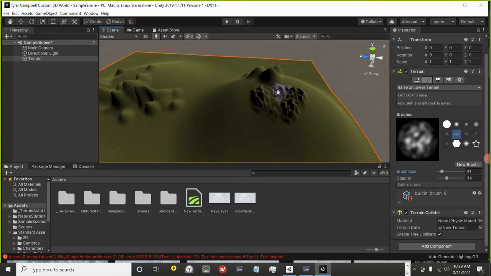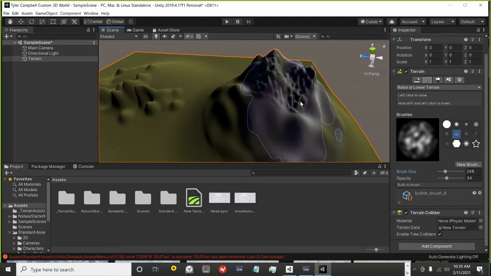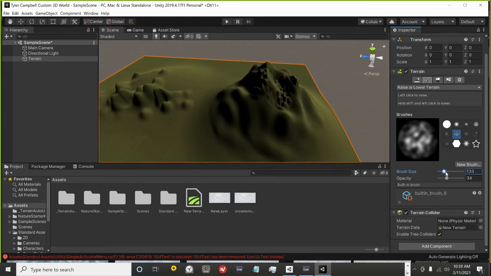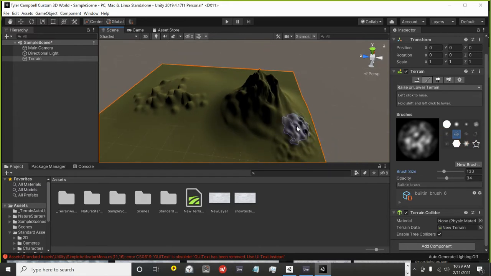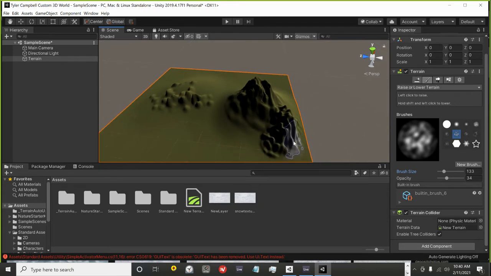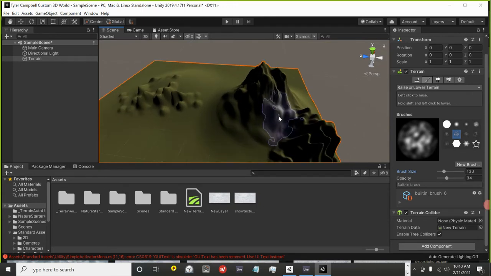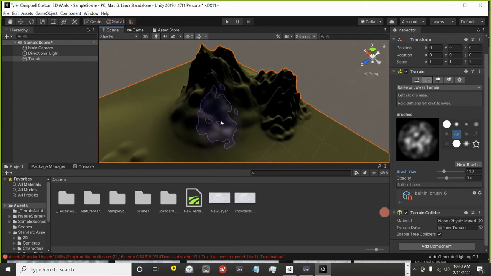And so look at now I can kind of make these jagged peaks. Change the brush size again. All right, so these really tall mountains would probably have snow on them, right? So you guys can see I'm just painting these mountains out right now, right? And so if I want to put snow on these,